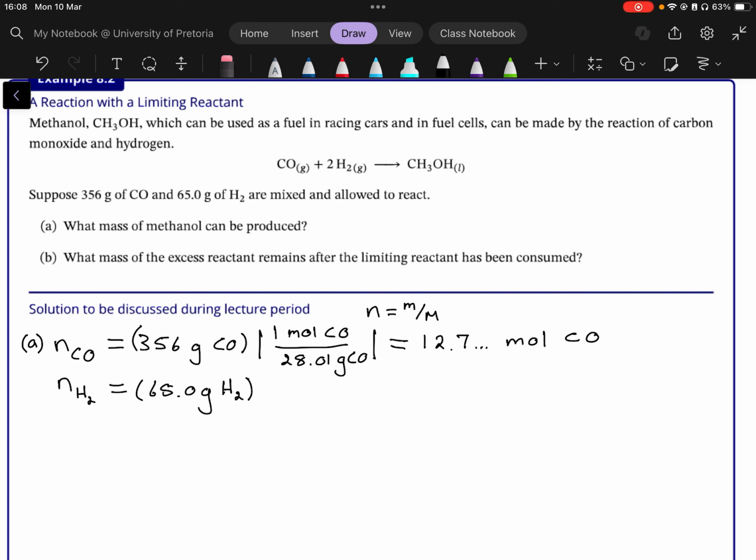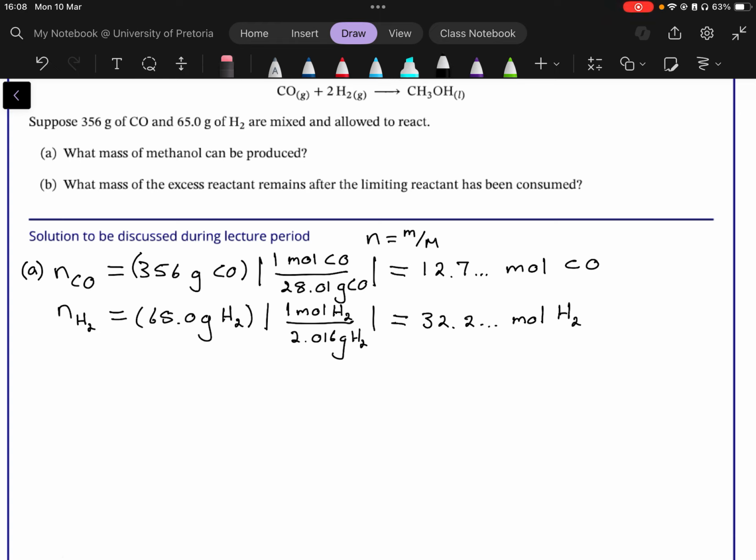carbon monoxide. For the hydrogen, there's 1 mole hydrogen for every 2.016 gram hydrogen. This gives us 32.2 mole hydrogen. Okay, so now that we have the number of moles,